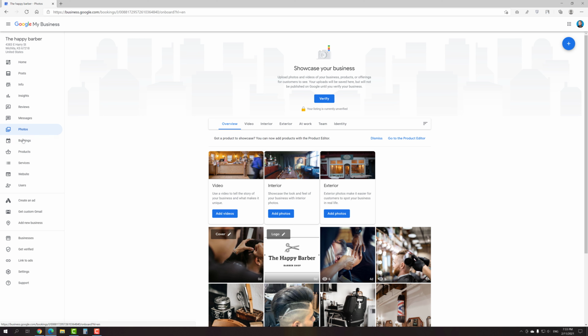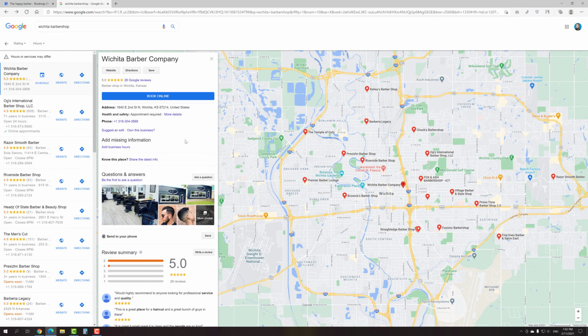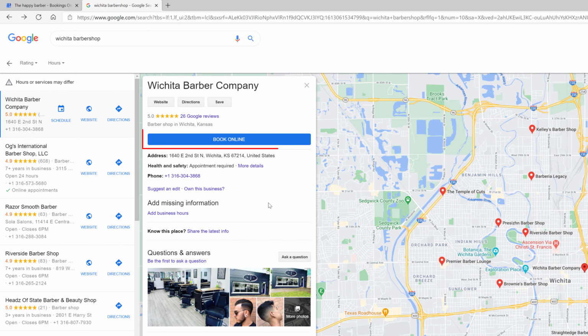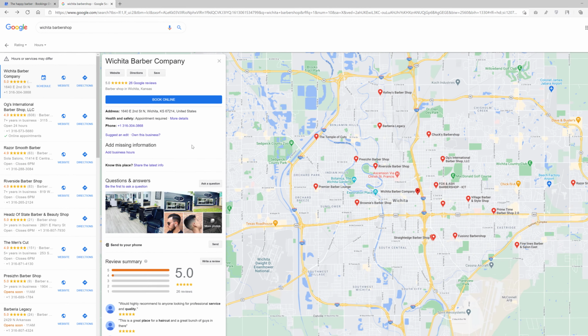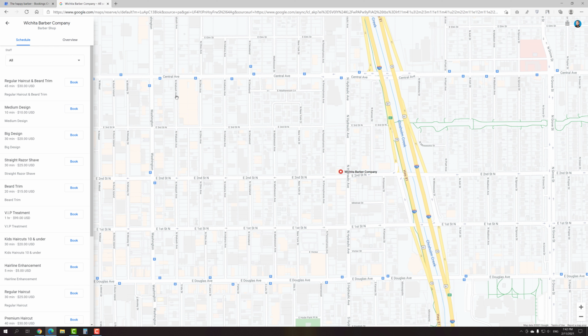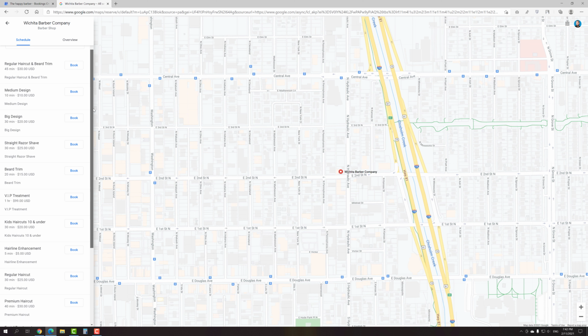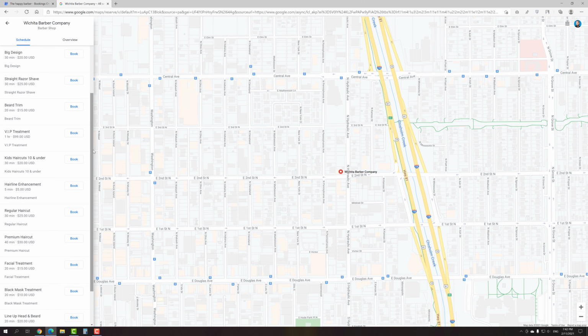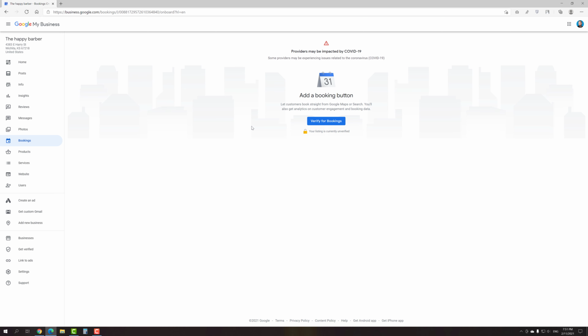And let's go over to the booking step. The booking button is a feature that can really make your company stand out from the competitors and help you get the most out of Google if your business involves customer appointments. It makes it a lot easier to get new customers because they don't even have to leave Google to book an appointment with you. The good news is that the button will be automatically added to your listing if you have an account with one of Google's supported scheduling providers.